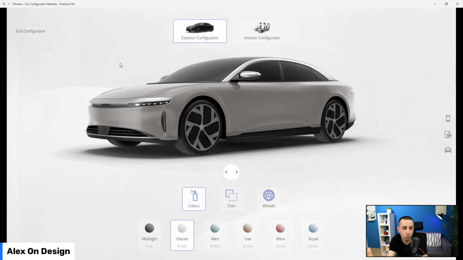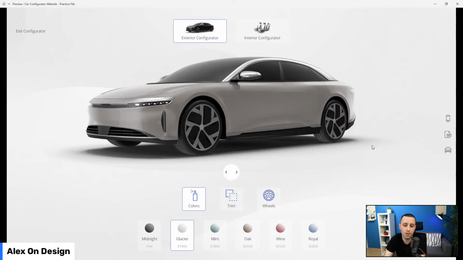When you switch to interior configurator, instead of colors, trim and wheels, it's going to say something like stitching, seat colors, or leathers or fabrics of the seats. And then of course you can go even further and use the technology. For example, this car by default has a 10-inch screen. Maybe you can add an additional option to go to 20-inch or 15-inch or whatever, and then maybe you can add additional packs, like let's say it's going to have the night vision option by default or not, and then you can select. You get the whole point. So you can go really deep into this and explore all sorts of different possibilities, but for now